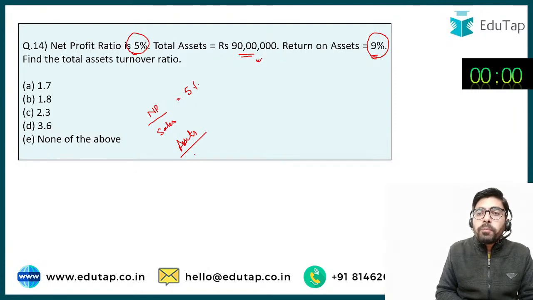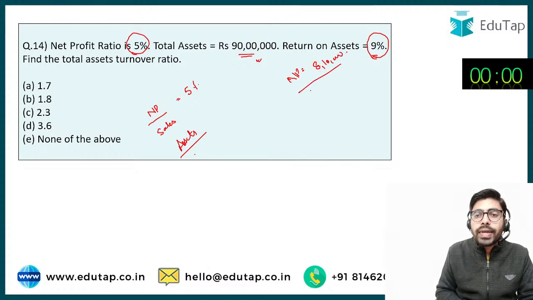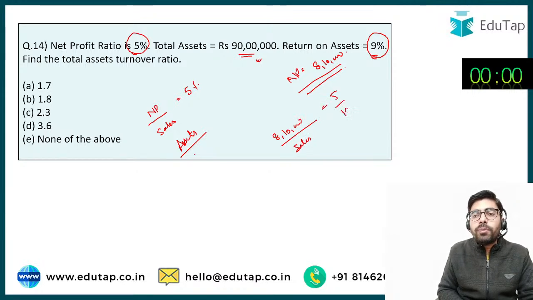If the profit is 9% of the assets, how much is going to be the figure of my net profit? So net profit is going to be 90 lakh into 9%. This is going to turn out to be 8 lakh 10,000. And now I have to apply this net profit ratio formula, net profit divided by sales, and this is given to me as 5%. So if I solve it,